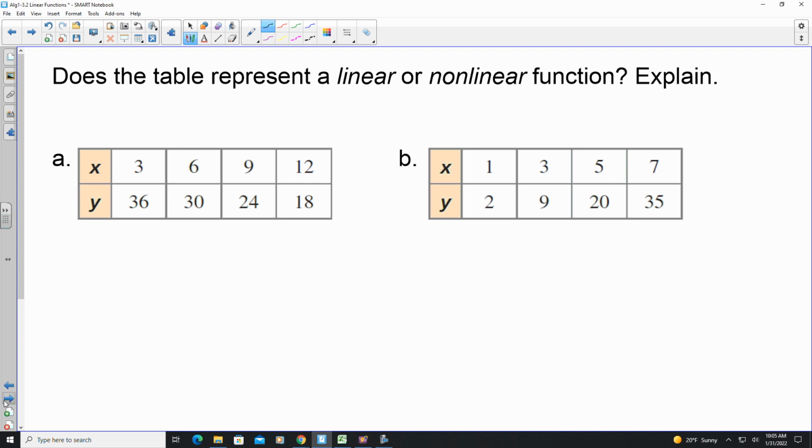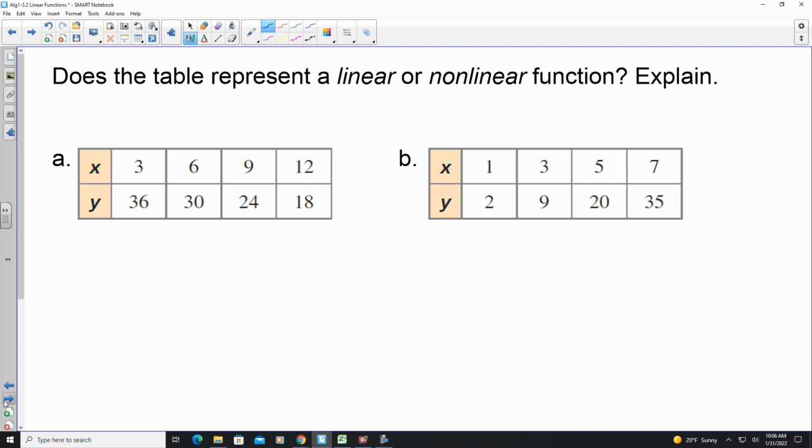So when we look at a table, it is not as straightforward as it would be by looking at it on a graph. So anytime you have a set of values for a particular function, it has to be consistent